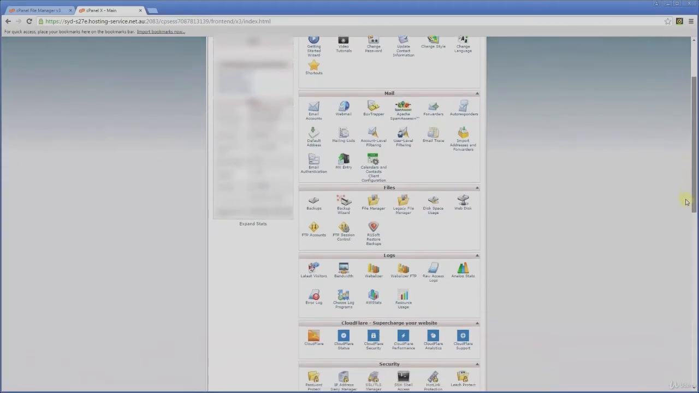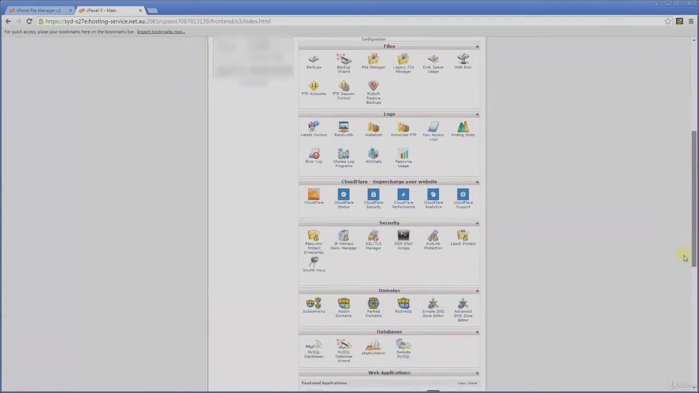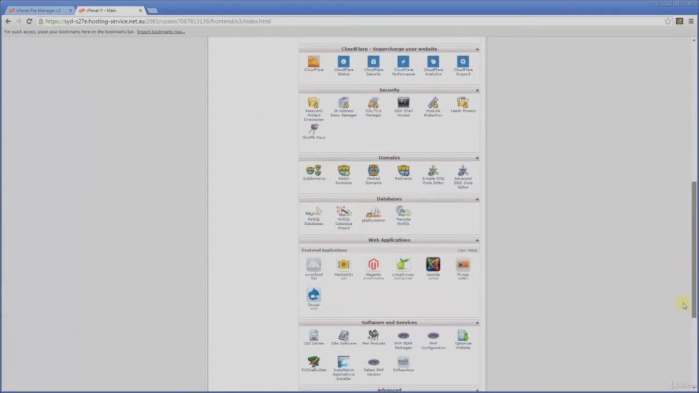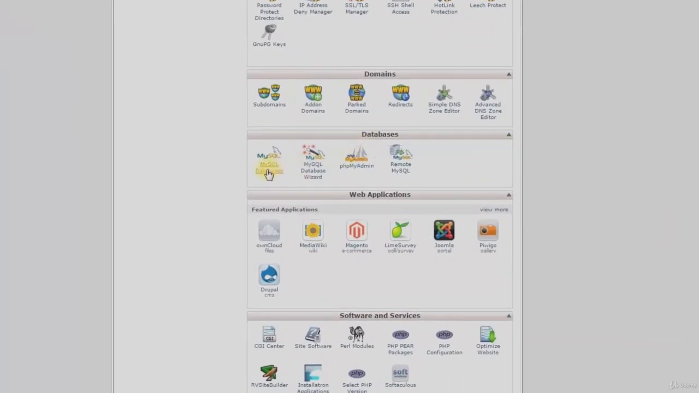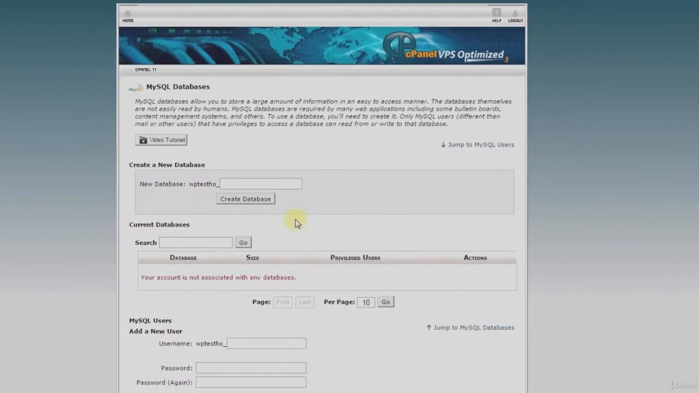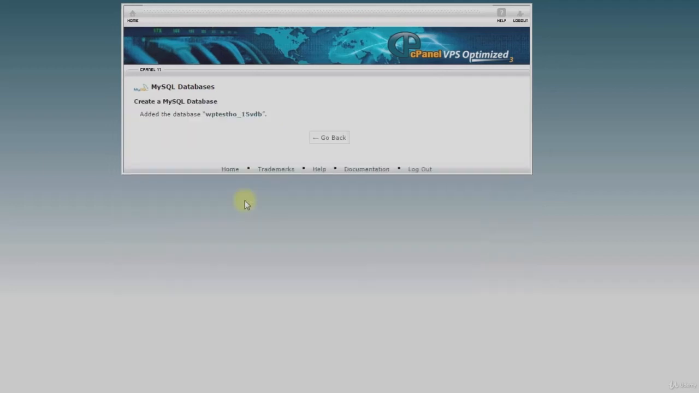So if we scroll down in our cPanel, it'll look similar or identical to your cPanel with your hosting provider. We'll come to a databases part, and if you click MySQL databases, we'll then come to the screen where we create a new database. So the prefix is already selected by your hosting provider. We're just going to add a random suffix. We click Create Database, and that's just confirmed that it's added the database for us. We click Go Back,